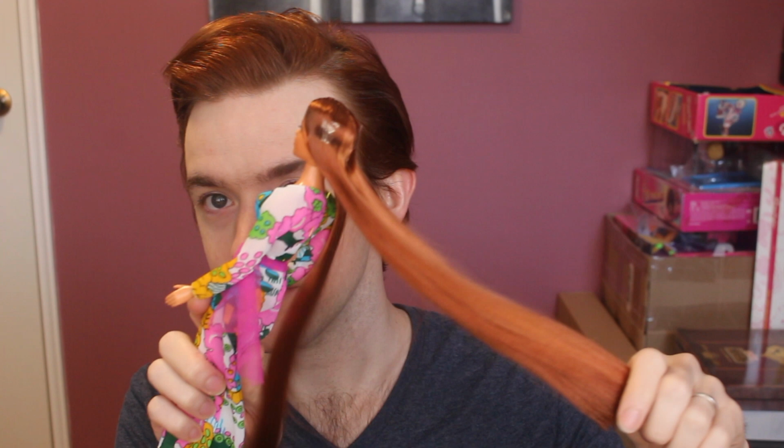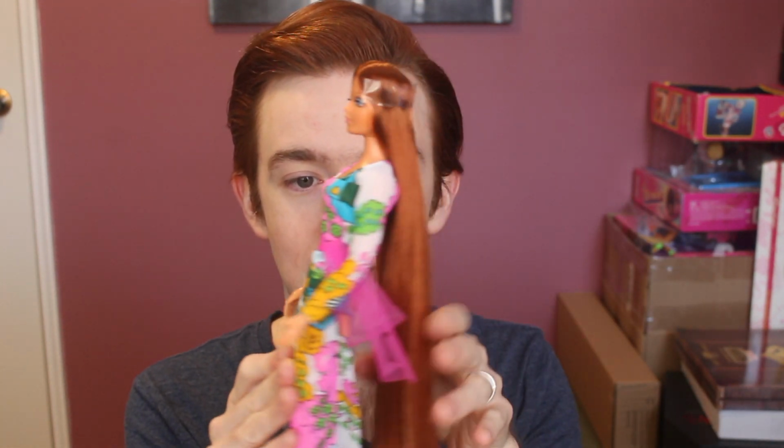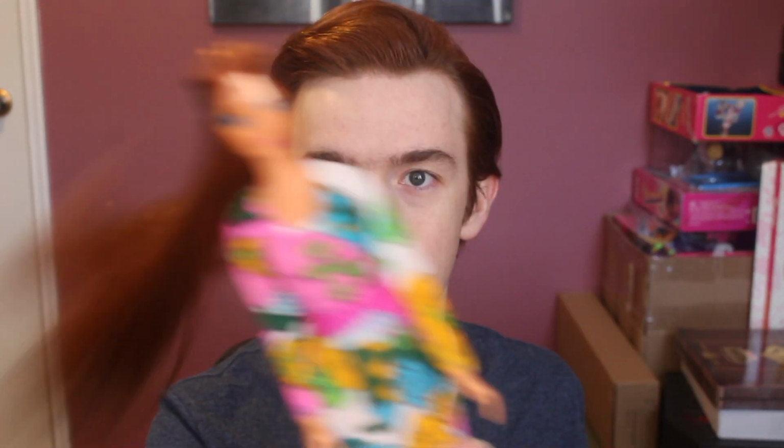So this is the final result of the Reroot. I was going to cut it at knee length and then curl it a bit, but Ollie said that he preferred it the longer length because it made her more unique. Basically, she is a Totally Hair Tuesday doll. Totally cool. And I have her wearing a fashion which I made myself and which will be available in my